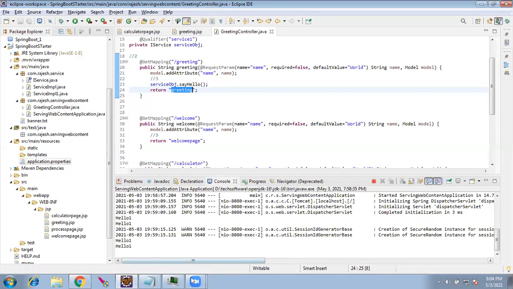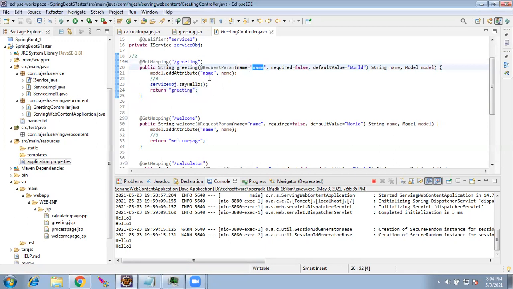But today what we will do is we will be creating the next level of class. We will pass the parameter. By parameter, what I mean is, let's take this greeting URL. We have a request parameter and the name of the parameter is name.